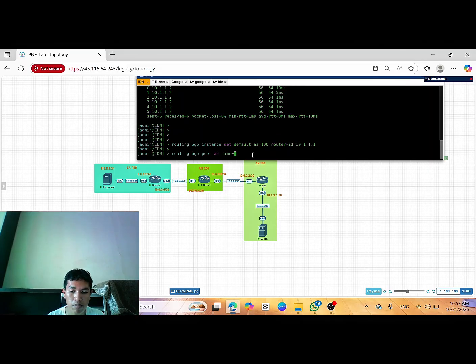Add name peer, BizNet as transit, and remote address. This is for the address on ether 2, interface ether 2.